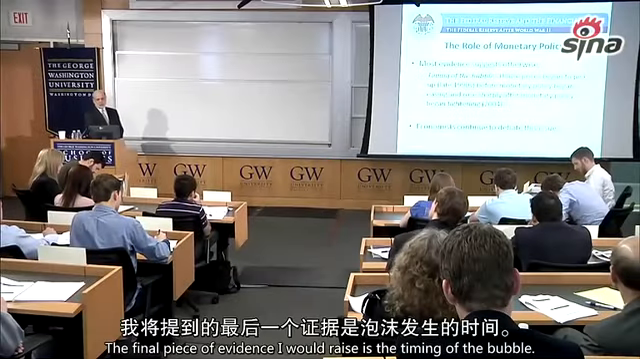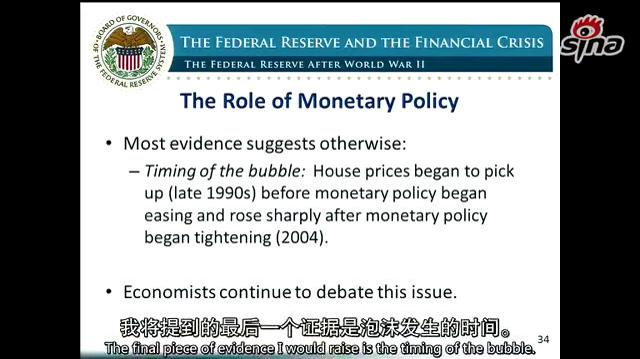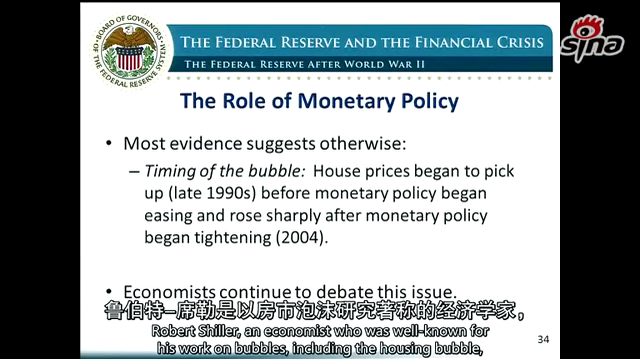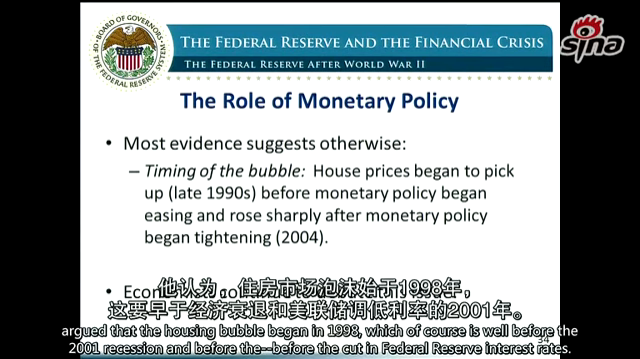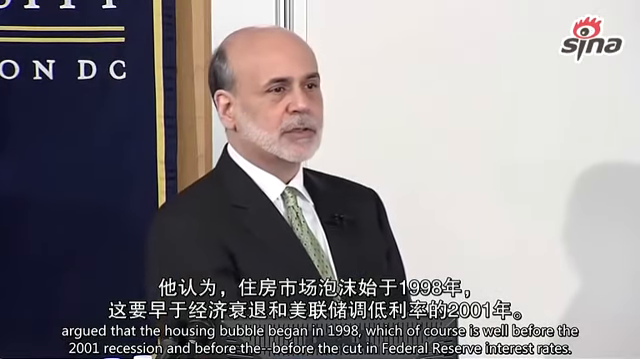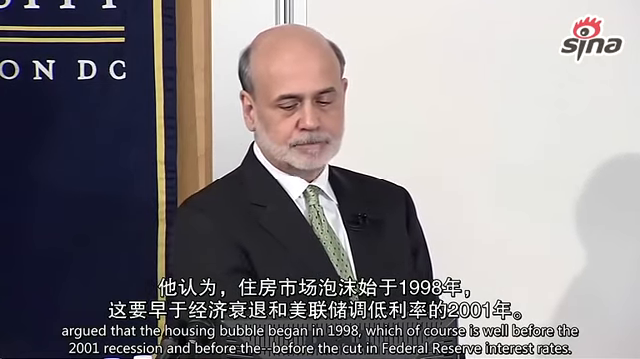The final piece of evidence I would raise is the timing of the bubble. Robert Shiller, an economist who is well known for his work on bubbles, including the housing bubble, argued that the housing bubble began in 1998, which of course is well before the 2001 recession and before the